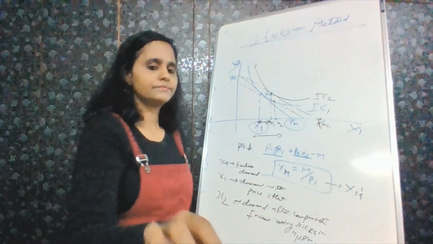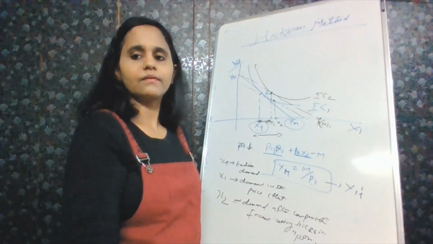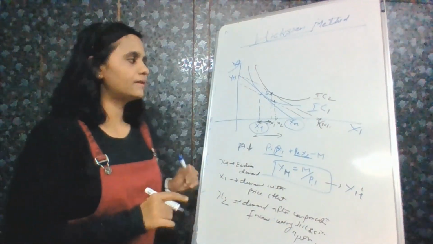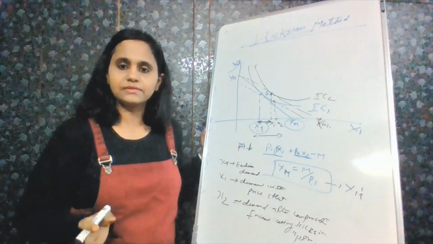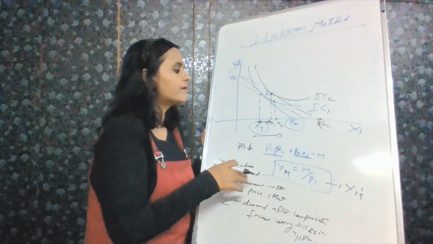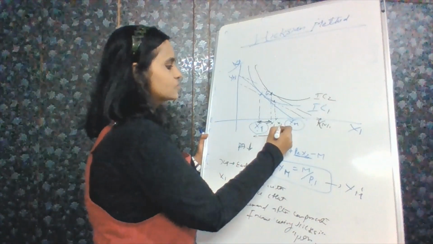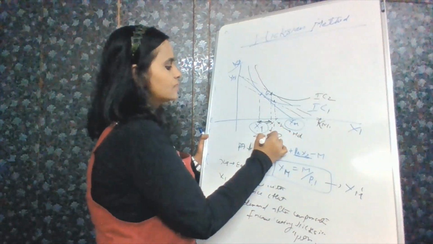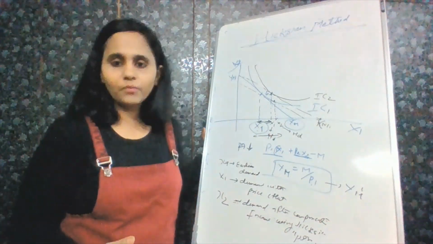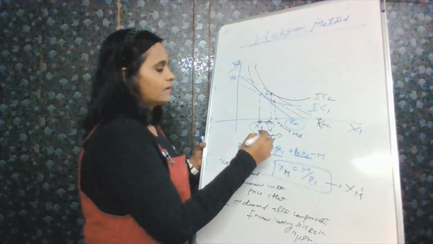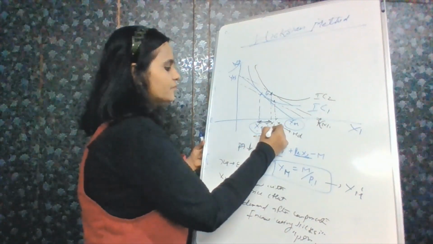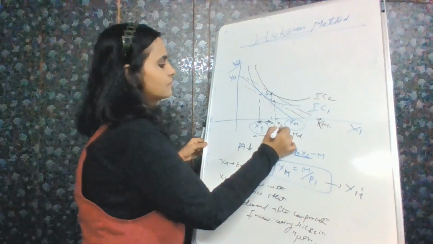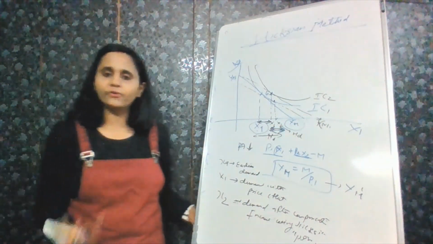Just to reiterate what we have seen, using the Hicksian approach, this is how we are substituting your income impact. You are seeing this X2, which is your Hicksian demand, and this X1, which is your Marshallian demand, derived from your normal formula, normal price impact. This difference that you are seeing here is the compensation of the Hicksian method. Compensation happened during the Hicksian method.